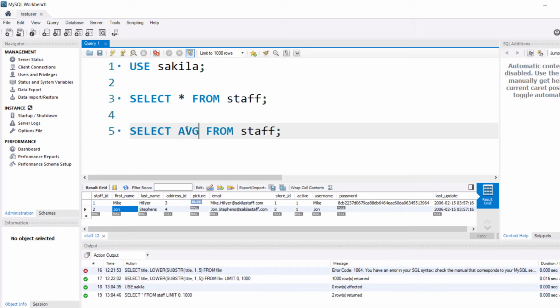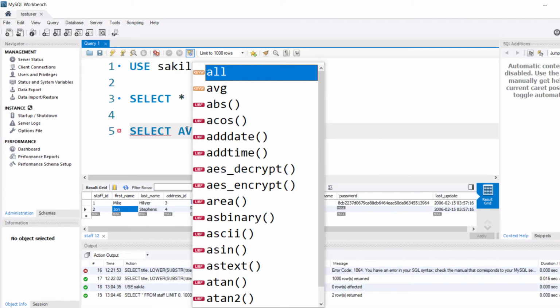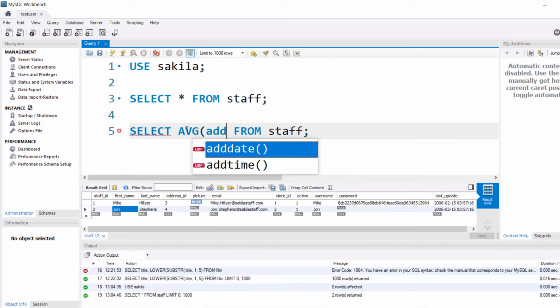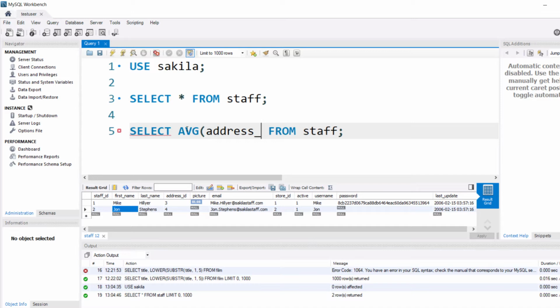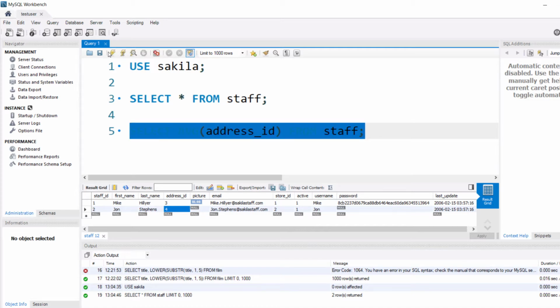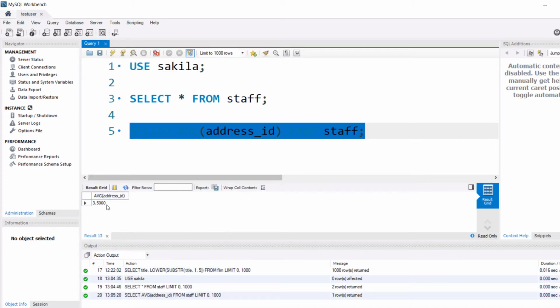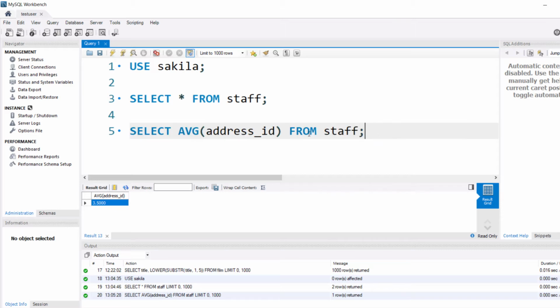It's AVG of address ID. Okay. So it is going to compute the average of address IDs. So here we have 3 and 4. So the average will be 3.5. Yes. So the average of address ID is 3.5.